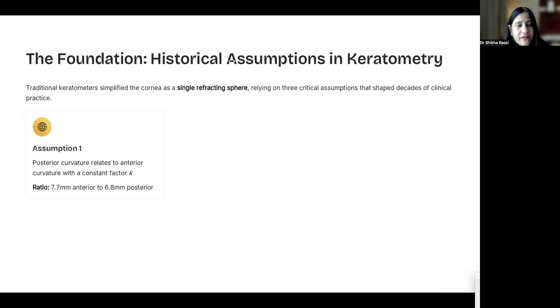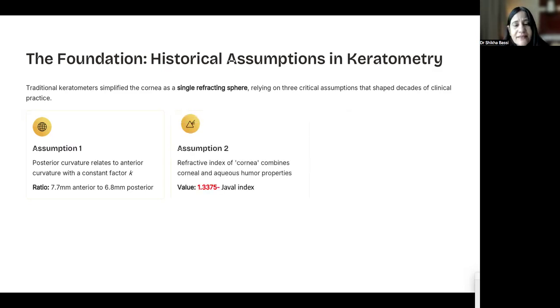and it says that the posterior curvature relates to the anterior curvature with a constant factor k. Secondly, the refractive index of cornea is an assumed value, what we call Javal's index, and it's around 1.3375. Third thing is that it takes corneal thickness as a standard 0.5 millimeters. So we all know that if we want to reach perfection in IOL power calculation, these assumptions have to be